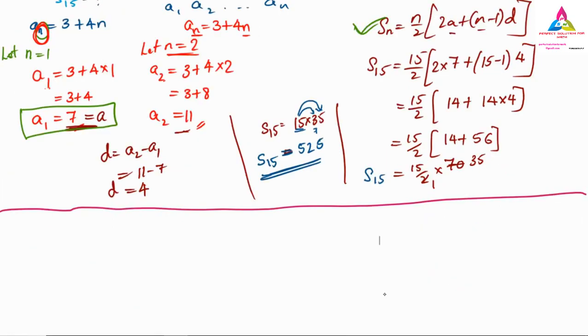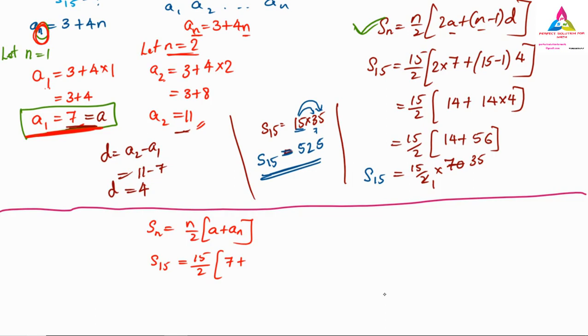But remember this: whenever such a question comes, you have one more method of solving. We have one more Sn formula: Sn is equal to n by 2 into (a plus an). So by this formula also we can solve. They have told you to find S15, so in any position I have to write 15. 15 by 2 into the a value. What is the a value? Here we found the a value is 7. So I can write that 7 here. What is the an value? We are finding the last term.